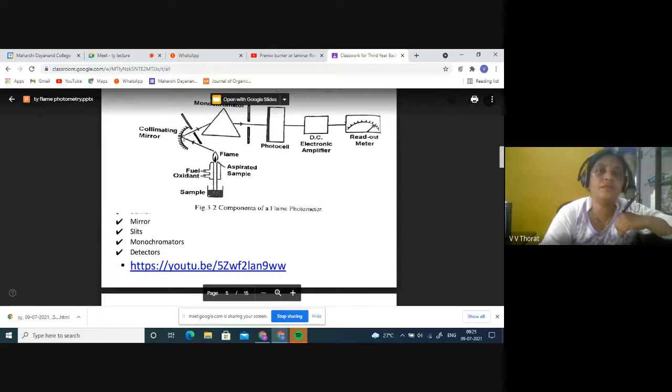Between the collimating lens and monochromator there is an entrance slit. Then the blue color will enter into your monochromator. What is the role of monochromator? You adjust it up to 550. So only blue color light will pass through the monochromator. Other wavelength light is not allowed to fall on the detector. So I repeat, monochromator will allow only the characteristic light to pass and fall into the